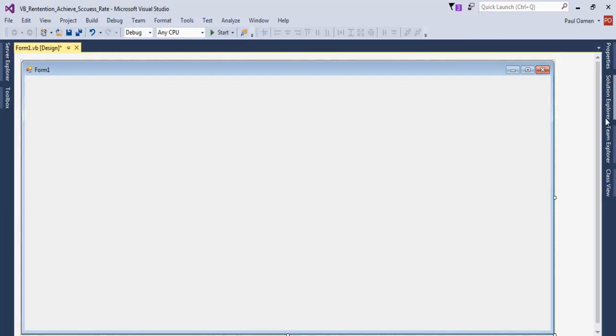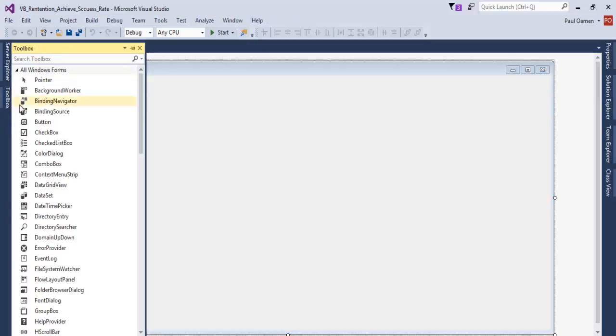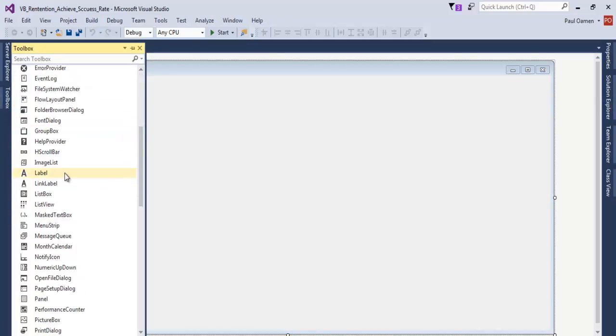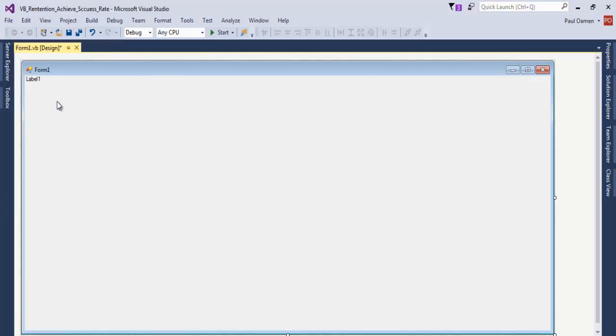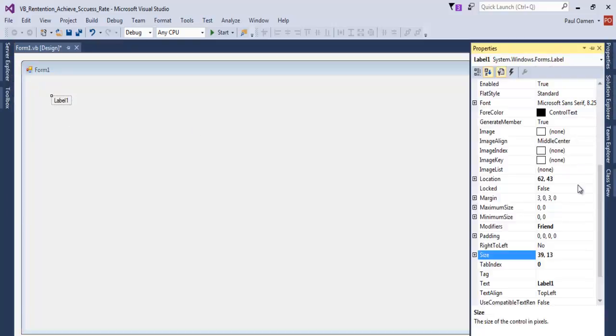So the next thing I would do is go to tools right there and select label. Let's get a label on board. We now have one label there. Go to the properties of that label and change the size where it says size, change that to 83 by